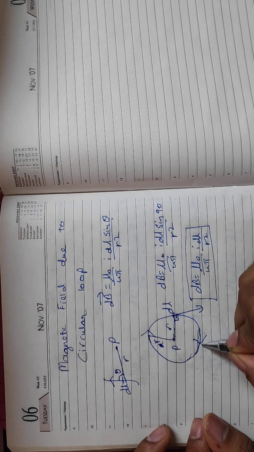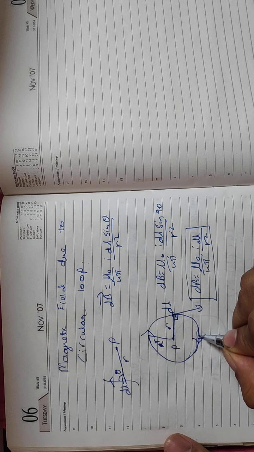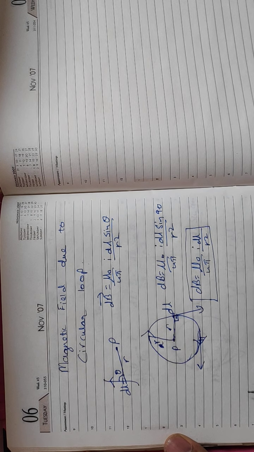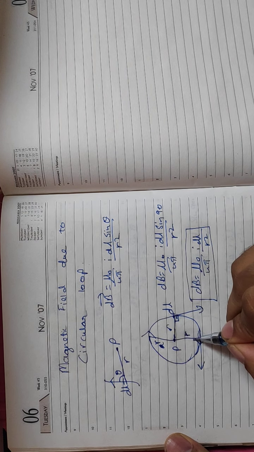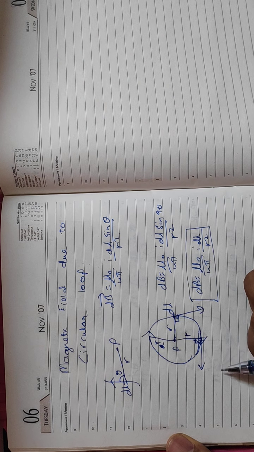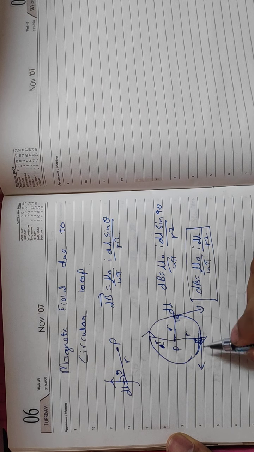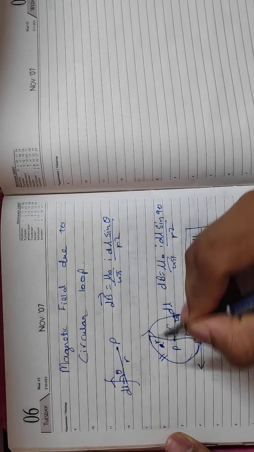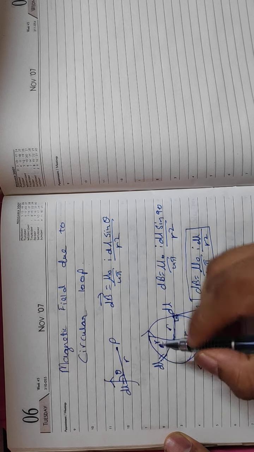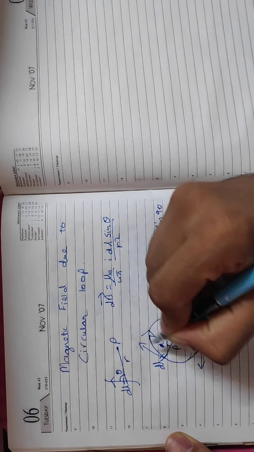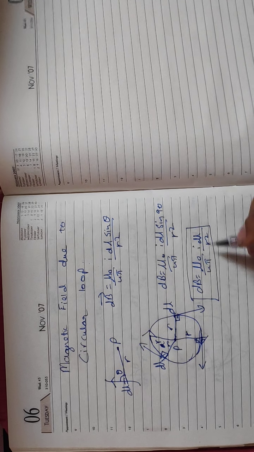Suppose I take a new dl over here and want to find it here. Then the direction of the current element will once again be tangential. If I draw a radius, the angle between these two will be 90. So I'll find the same formula. Suppose I take some dl over here; connecting it with the center, the distance will be r, and the direction is tangential, so the angle is again 90. So every time I take a new dl, my formula remains the same.